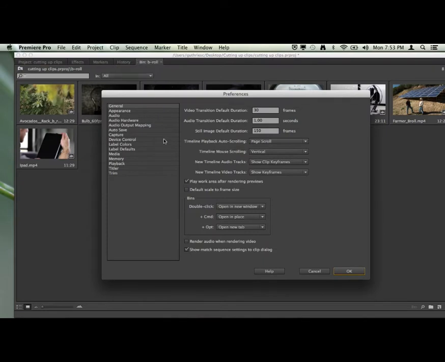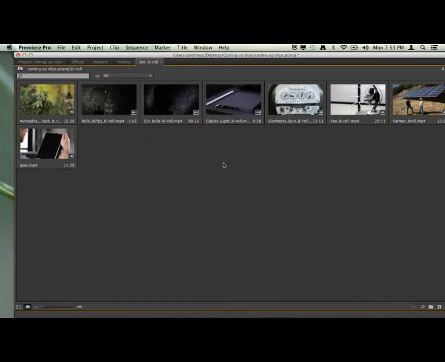But if you go into the general preferences and right down here, it's about the bins, the folders. And typically, if I double click, it's going to open it in a new window. You want to say open in new tab. I like it when it goes into a new tab rather than a floating window. Okay, so now what we're going to do is I have my thumbnails,